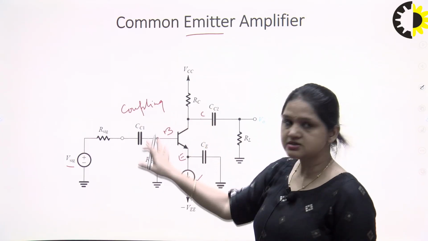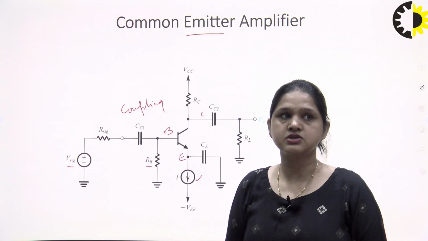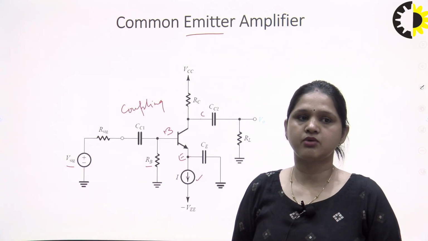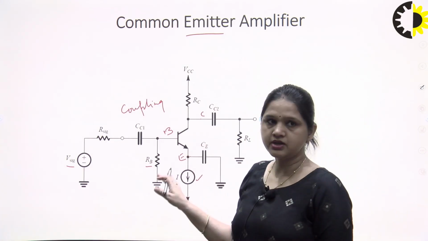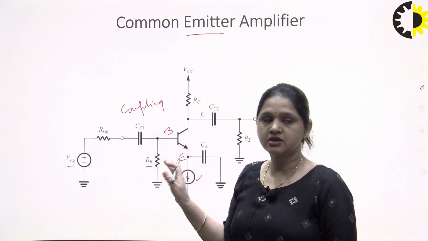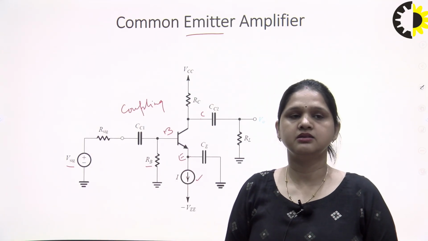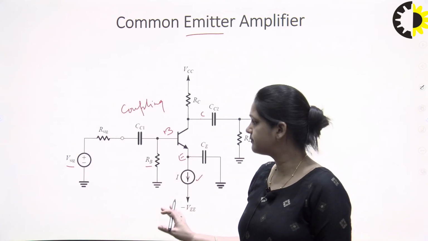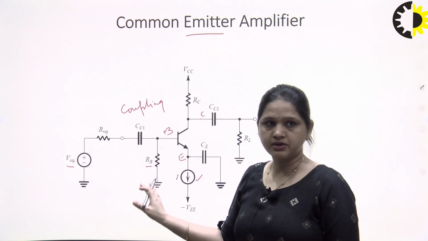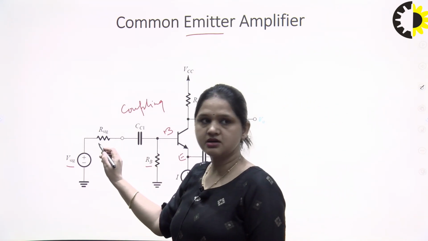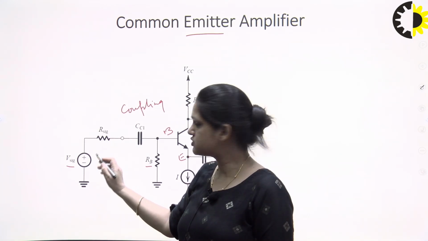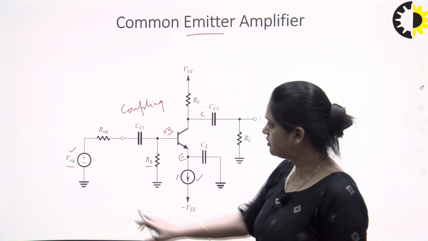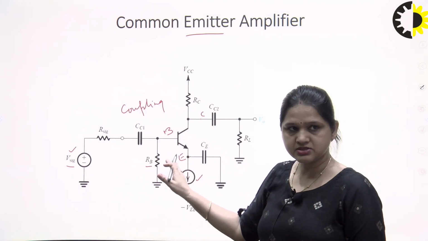So this is the DC analysis part, because before moving to the common emitter amplifier configuration, first it is required to ensure the operating point of this common emitter circuit, that the point must lie in the active region. So for that we have used the constant current source biasing and the RB at the base terminal. This R signal represents the small resistance of this battery, that is V signal, the signal source. So here the input is connected to the base terminal.